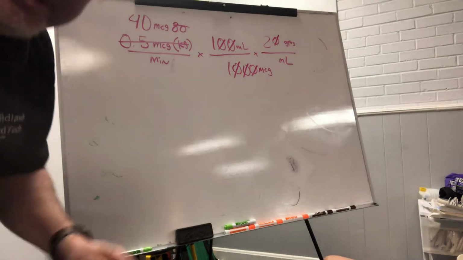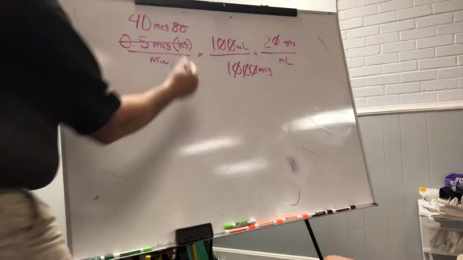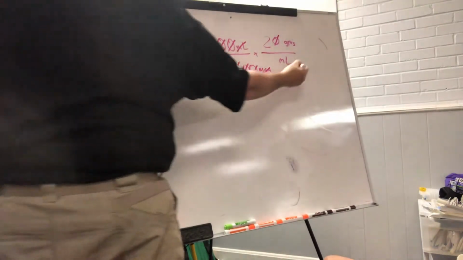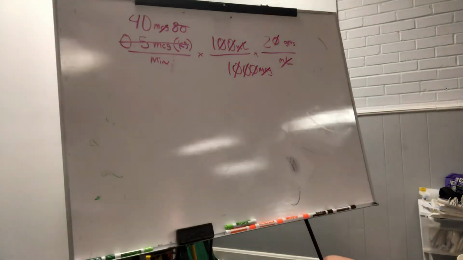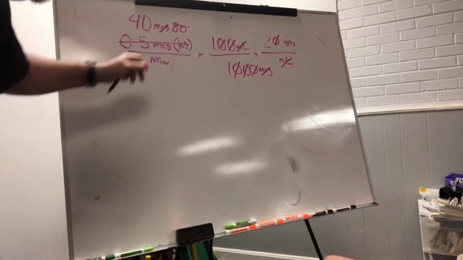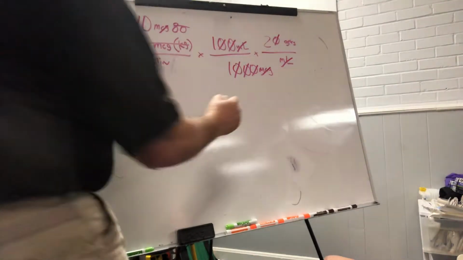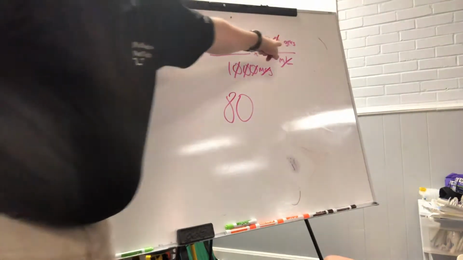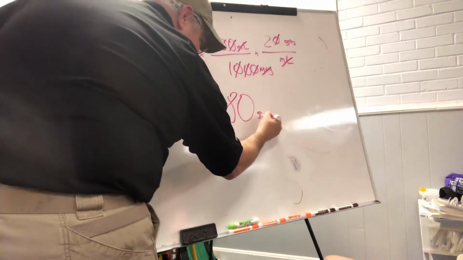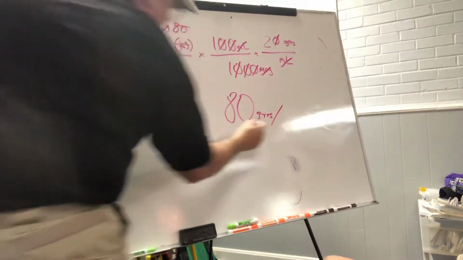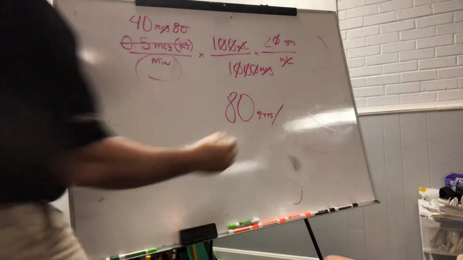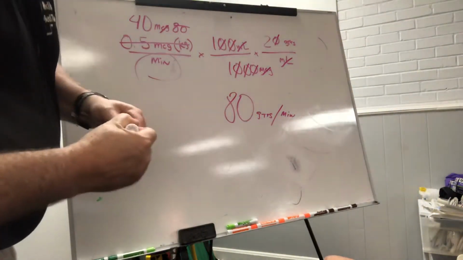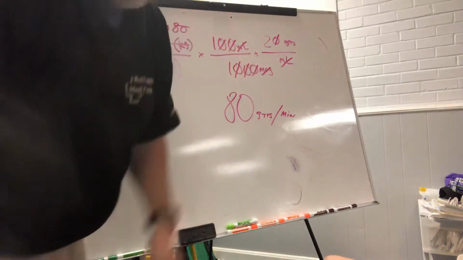Now I'm going to cancel out like values. So this microgram cancels out this microgram. This ml cancels out that ml. So we're stuck with real easy math. 40 times 2 equals 80. Drops stuck around because it wasn't canceled out. And minutes stuck around, it wasn't canceled out. So you're looking at 80 drops a minute with that 20